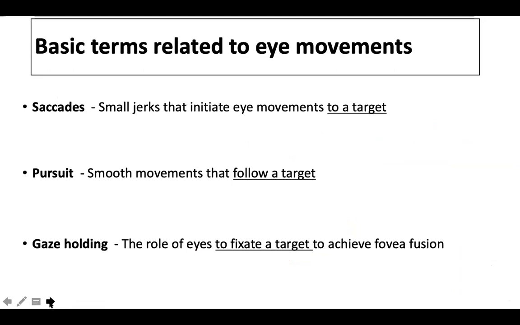So there are certain basic terms related to your eye movements. Once you have understood that there are different areas which would control different aspects of your eye movements, we could cut down further and refine it further to understand the nuances. So once you want to fix a target, as I told you, the ultimate purpose of eye movement is to fix a target and follow a target. In order to fix a target, your eyes should remain static in one particular position. Okay, static. It should remain very much fixed, which is known as gaze holding.